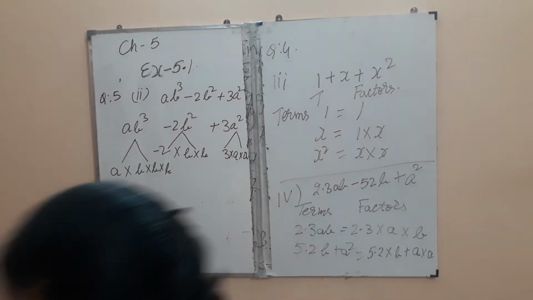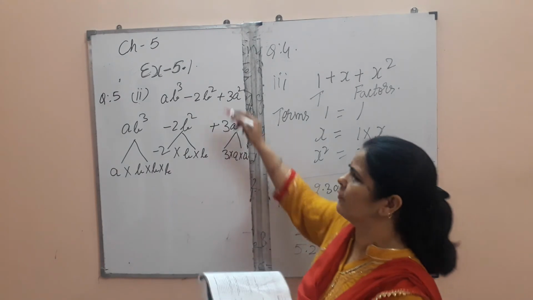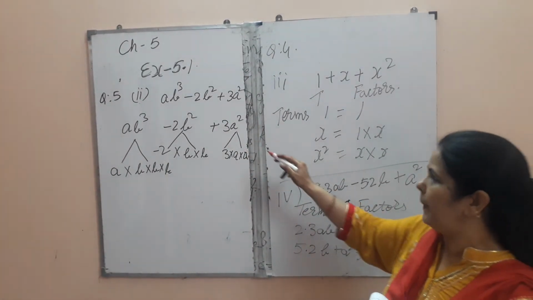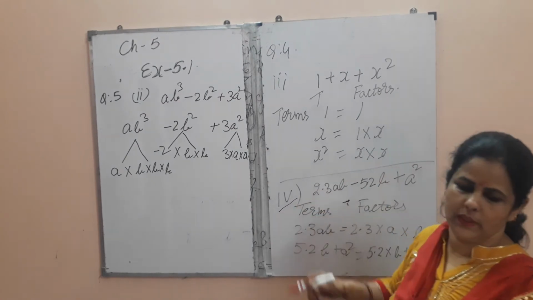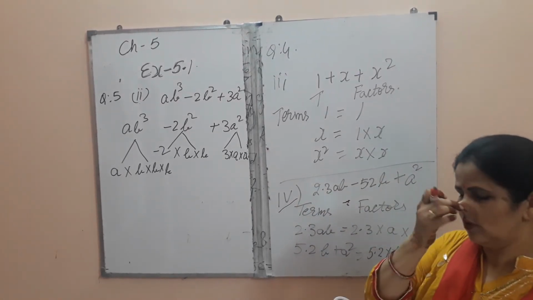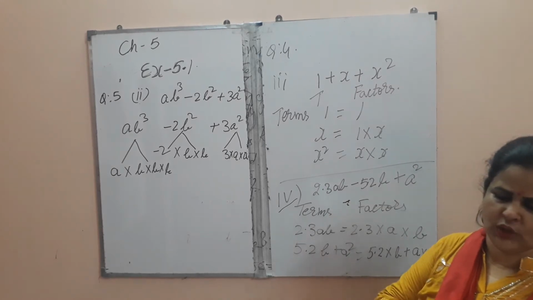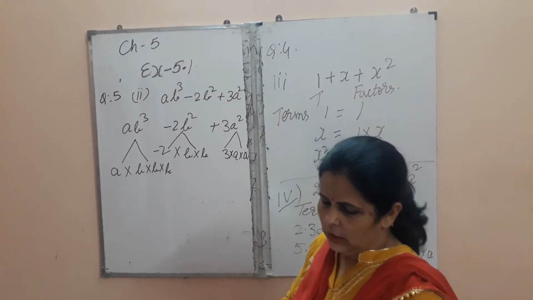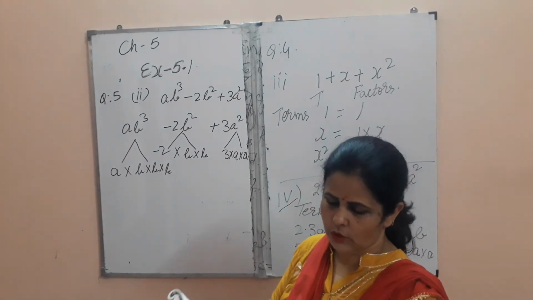Next, this you can, there is no need of doing in the factor tree form, you can do in this form also. So better you do it in this form, in the form of question number 4. So the fifth question you will also do in the form of question number 4. Now question number 6 also you will do in the book.